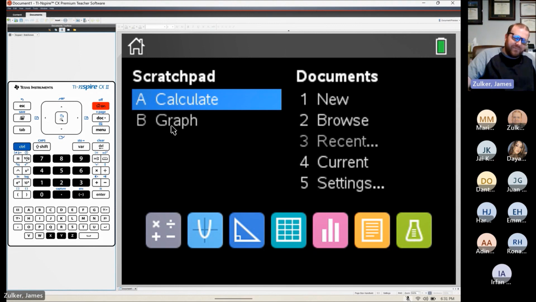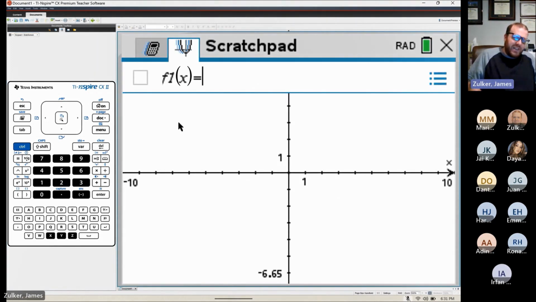So I'm going to go to Graph, right? Now this middle icon here, right? You should see you have a big square, you have the 4 arrows, and then in the middle, you have a smaller square. That actually serves as a mouse pad. So if you scroll your finger through there, it'll actually scroll this arrow right on the calculator. So we can just scroll to graph, and then if you click it,